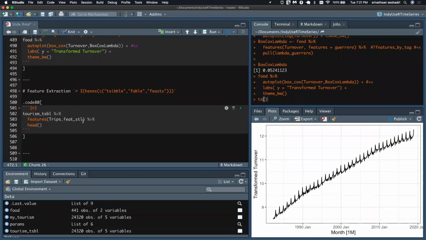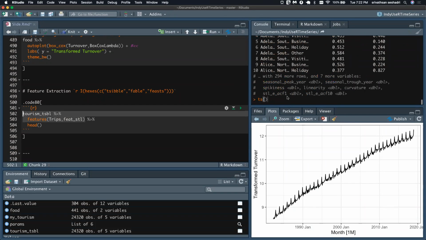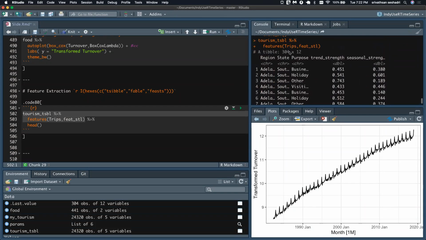STL is nothing but seasonal trend decomposition using LOESS filtering, or LOESS regression. Watch what it does. I like it and I use it every day at work. There are like 304 time series, as I mentioned for the Australian tourism data. For all the 304 time series, it collapsed that and gave you a metric for each.